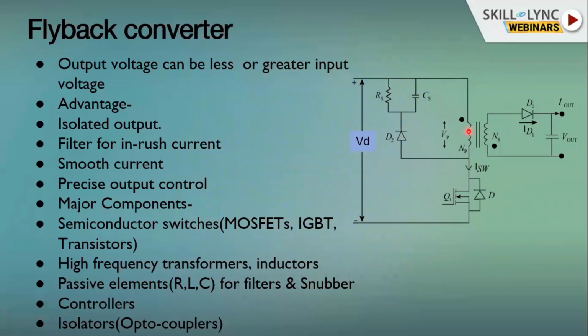This is a very good advantage of precise control. The major component used is this MOSFET. With some filters we can use a snubber, this high frequency SMPS transformer with the output diode and the output filter capacitor, and there are some other filters also used here. I have not shown them here.